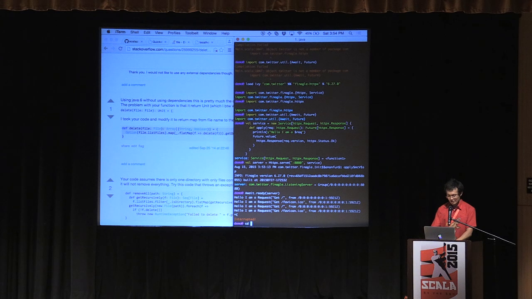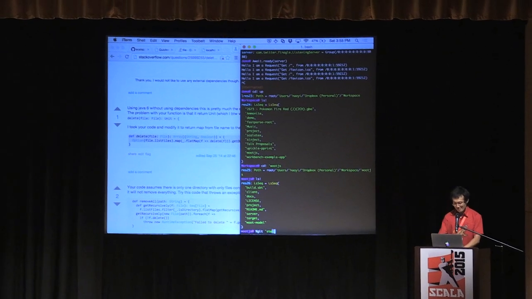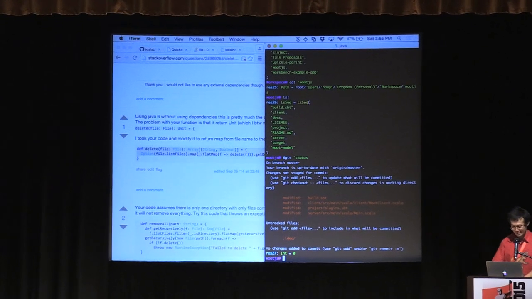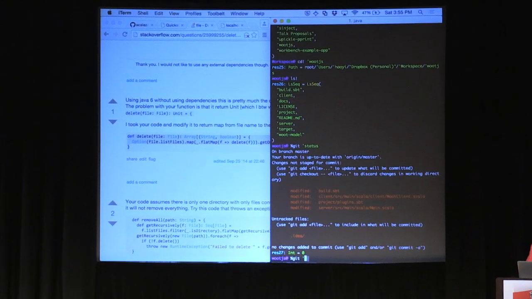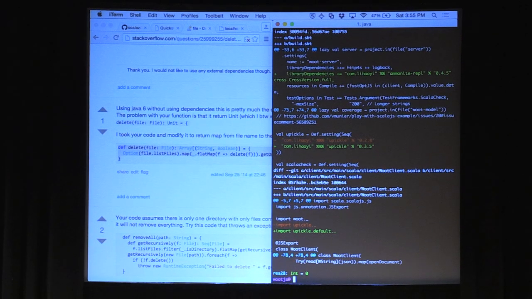So let's go up. So here's my workspace. You can see I was playing Pokemon recently. I can go into wood.js, see what I have. I don't actually know what all these changes are, so let's git diff. Okay, so let's say I want to make a change. Let's first try running it.